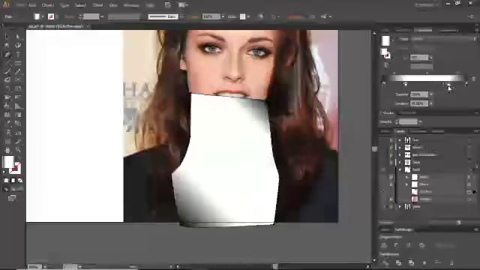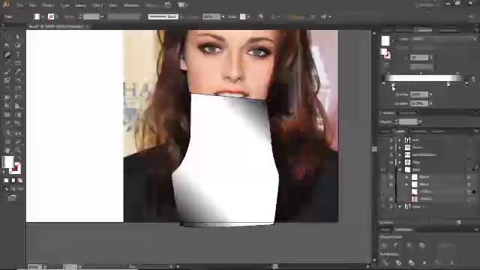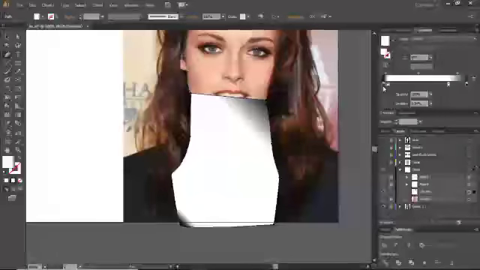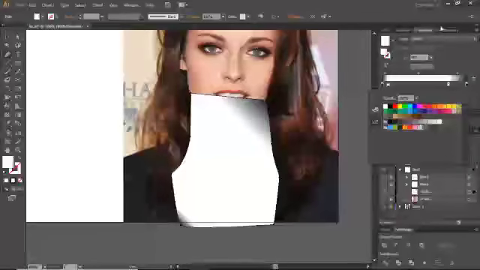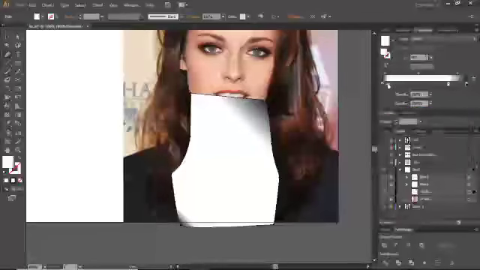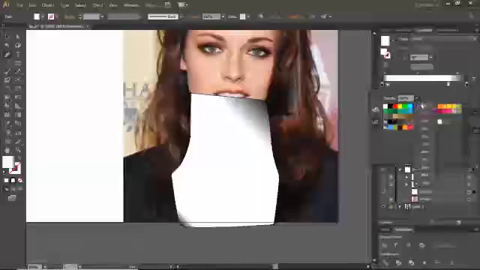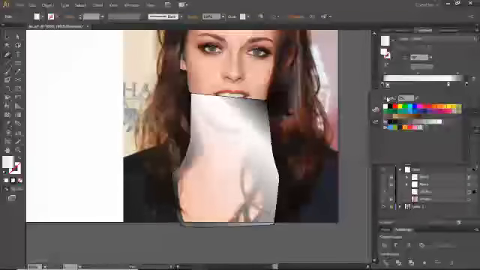Here you can adjust those areas like that and like that, just to make sure you imitate as much as you can. Then, once you're happy with what you want,